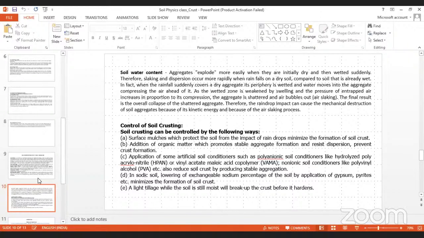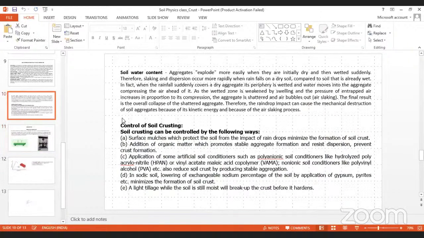Now, how can soil crusting be controlled? As you understand the factors of crusting, what is the first factor? That is raindrop. So we have to reduce raindrop impact. How can we do that? By surface mulch, simply. And then addition of organic matter, addition of artificial soil conditioner to increase the aggregate